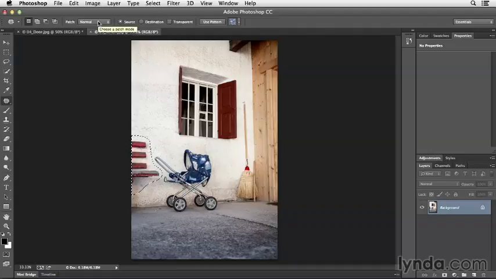But I've noticed that whenever I'm trying to patch along the side of a file, something always goes a little bit odd with the colors. So when I position my cursor inside of this area that's selected and I drag up, and I'm going to hold down the Shift key so that I can constrain that so it drags exactly vertical. When I let go, the Patch tool tends to reintroduce color, and in fact, it's bringing in the red from the bench. So I'm going to undo that using Command Z or Control Z on Windows,